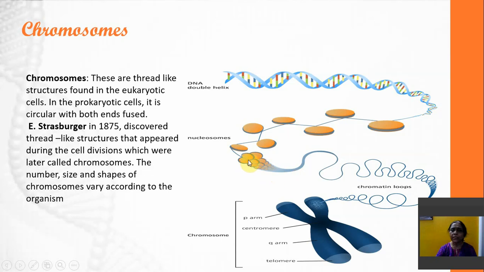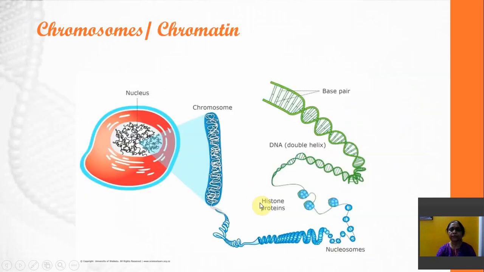Now, what are these chromosomes made up of? These chromosomes are made up of histone proteins and DNA. You can see these knot-like structures around which the DNA is coiled. The regions where the proteins are having coilings of DNA appears darker under microscope, and where there is no histone protein, that region appears lighter under microscope. So like this, there are several thousands of these knot-like structures present in the chromosome.